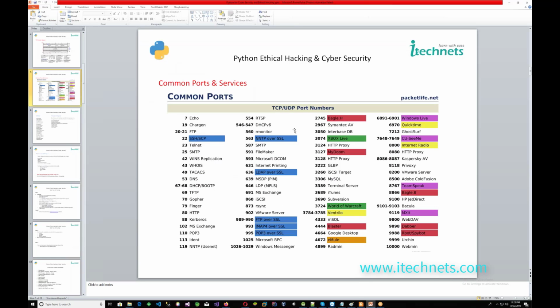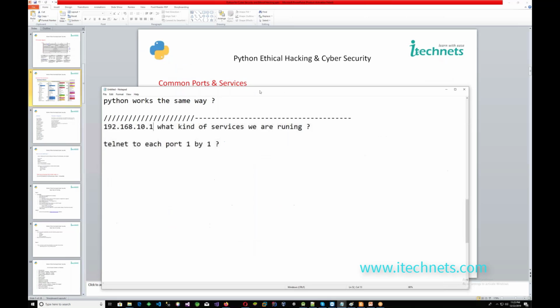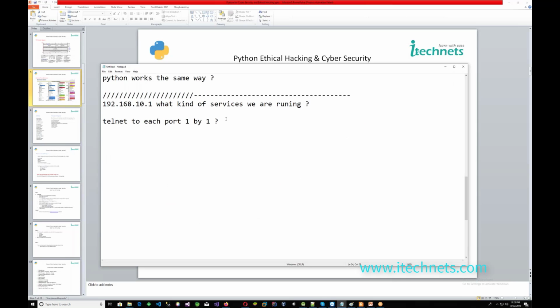If I telnet to this IP on these ports one by one, it would be very hectic, because if the port is open, it will get connected, and if the port is not open, it will not connect. Then you will be like, this port is not open, but you have to type very much code.